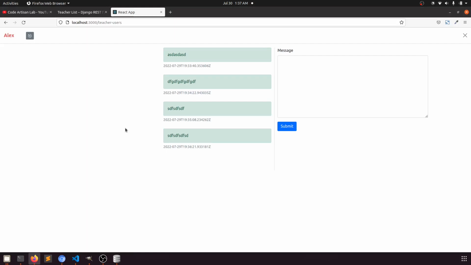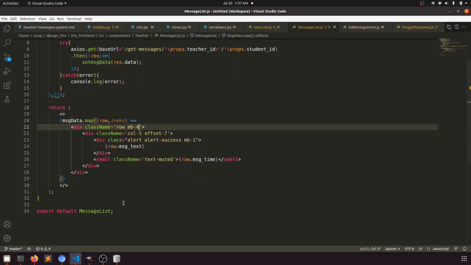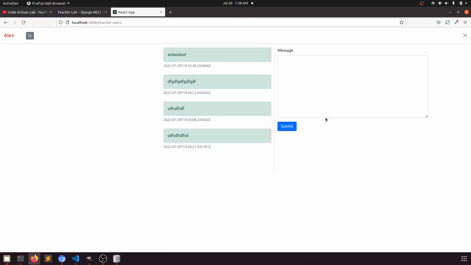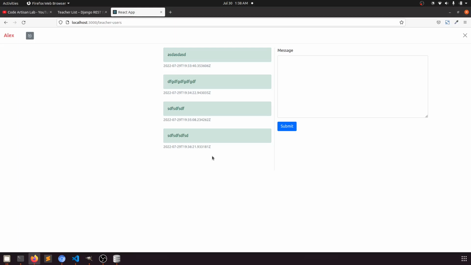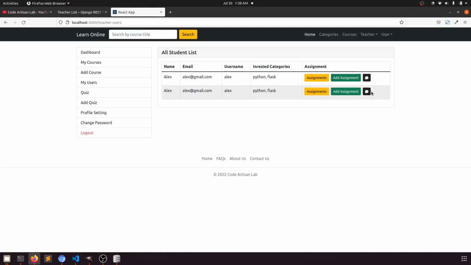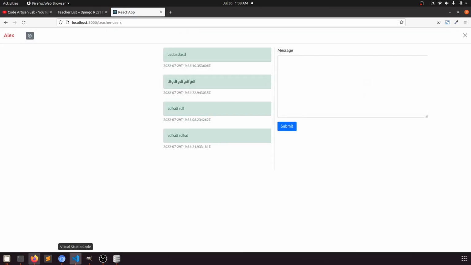Okay, now when we will work on the student panel, then we can see how the student will send the message and how it will show here, right? For now, two more things we need to implement. First, when we click here, then it should show the message, right? And refresh the message. Okay, if we want to refresh, then it should refresh the message. So let's implement this first one. When we save, then it should fetch the message. Okay,